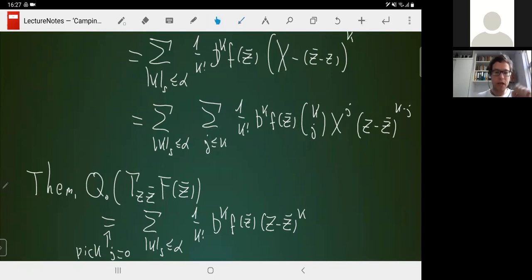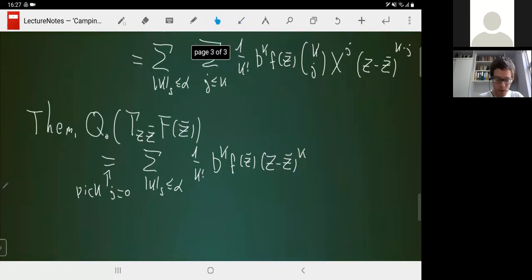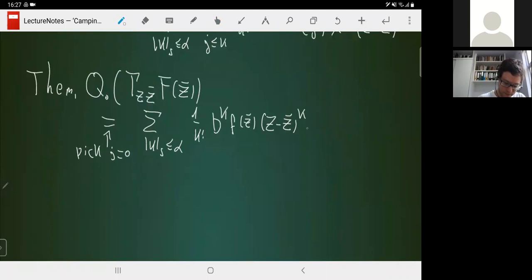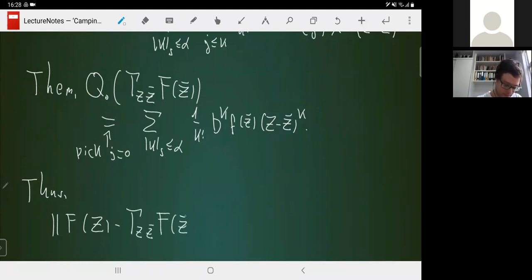Okay, so now let's see, what do we have? Thus, and now it's getting interesting. I want to measure smoothness, and I am claiming that what makes sense is to look at this difference. I have to prove it. So, what's happening here? F is a polynomial. This is a polynomial. They have a certain degree. And what we will do now is we